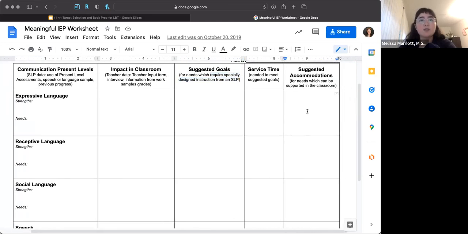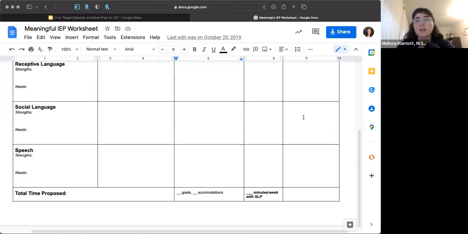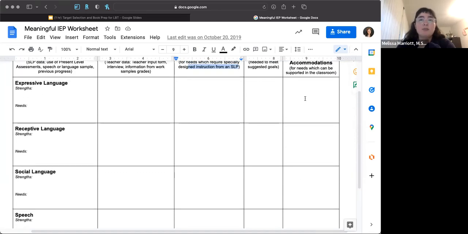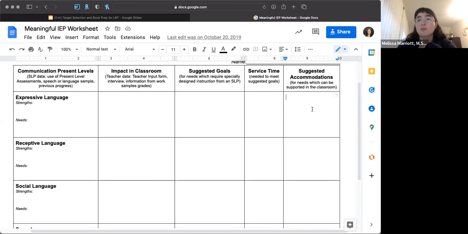And then for needs that can be supported in the classroom, or that don't require specially designed instruction from a professional in that particular area, those are things that can be addressed through accommodations in the classroom, right? So that S sound that has an impact, but they just need reminders, that can be a classroom accommodation. Maybe students need help to organize their ideas when they're writing an essay, and you can have an accommodation for a graphic organizer or something like that. Anything else that needs support could end up becoming a suggested accommodation if it doesn't need specifically